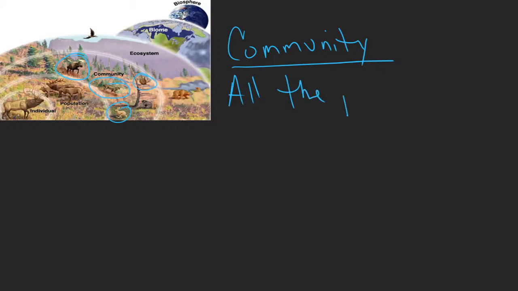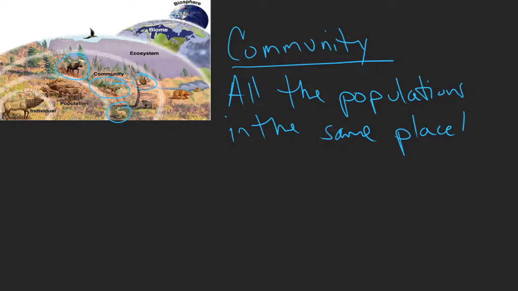So all the populations in the same place and time, that makes up an ecological community. Now, that word community may be a little bit different concept than what you're more familiar with. If you've heard anything about ecology before, you're probably more accustomed to hearing about ecosystems. Well, an ecosystem is a little bit different than a community, but they're very, very similar.